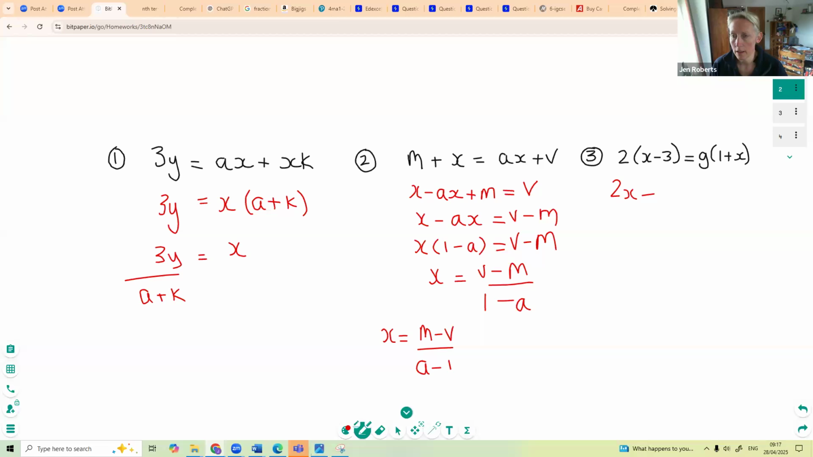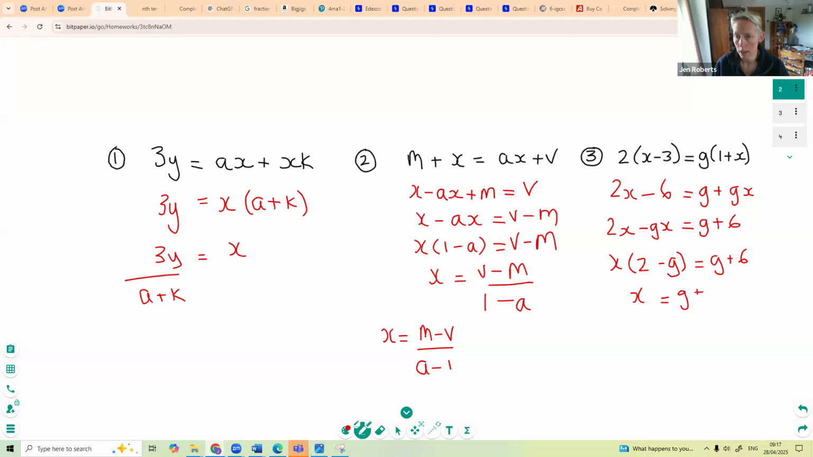Expand your brackets. Get everything with an X on one side. So I'm going to bring my X's to the left-hand side. And I'm going to add 6 to both sides in the same step. I'm going to factorize. Divide both sides by 2 minus g. Your alternative answer would have been